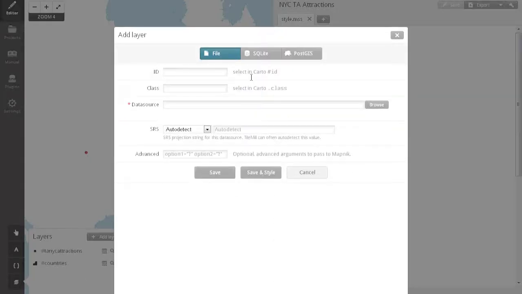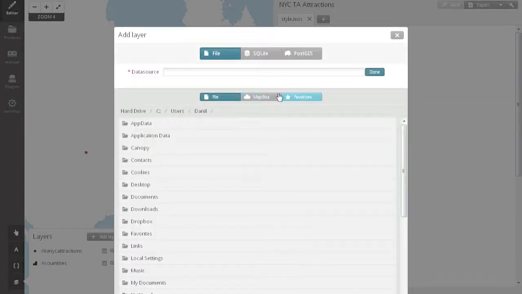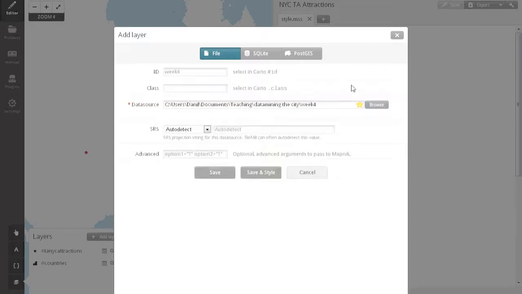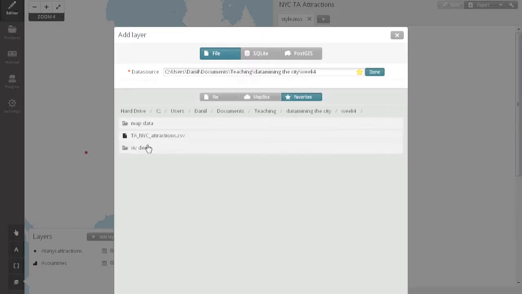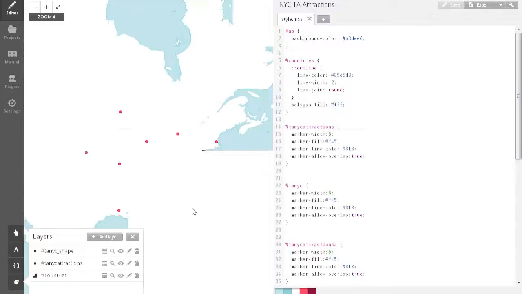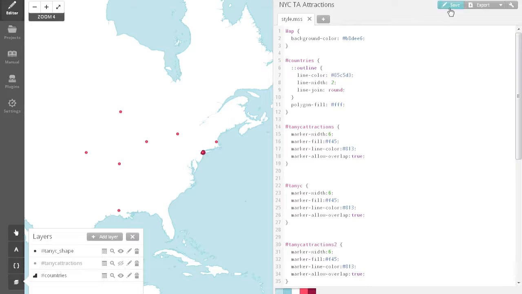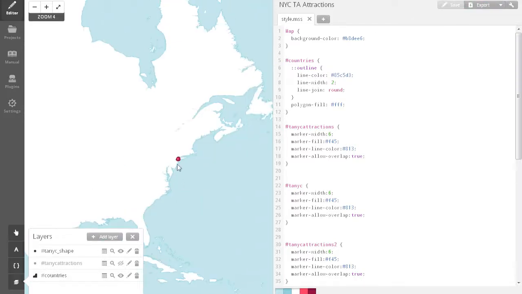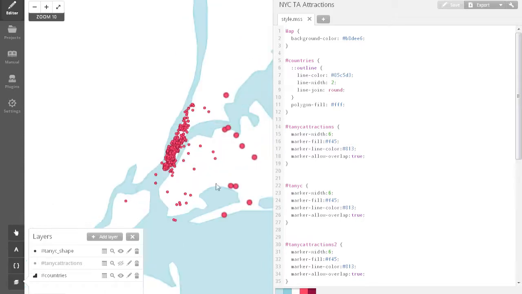So we go to Add Layer, Browse, and we find our file. And you remember here was our original CSV file, and here's the shapefile that we saved out from QGIS. So we select that. We'll give it a new name, and we'll go to Save and Style. And now if we turn off our CSV attractions file, we'll see that now we just have the shapefile we